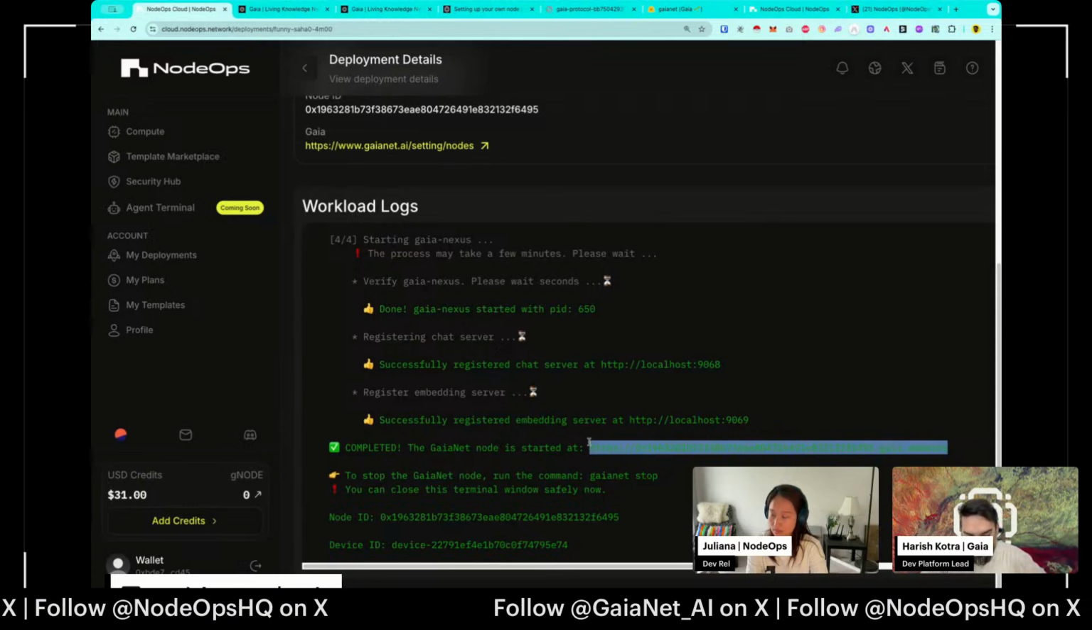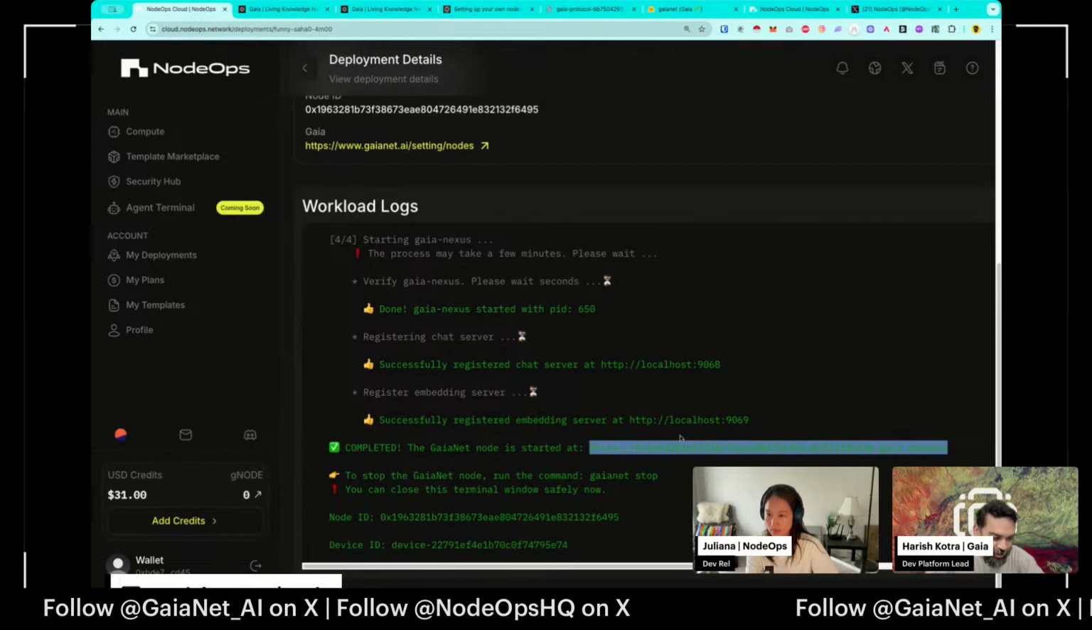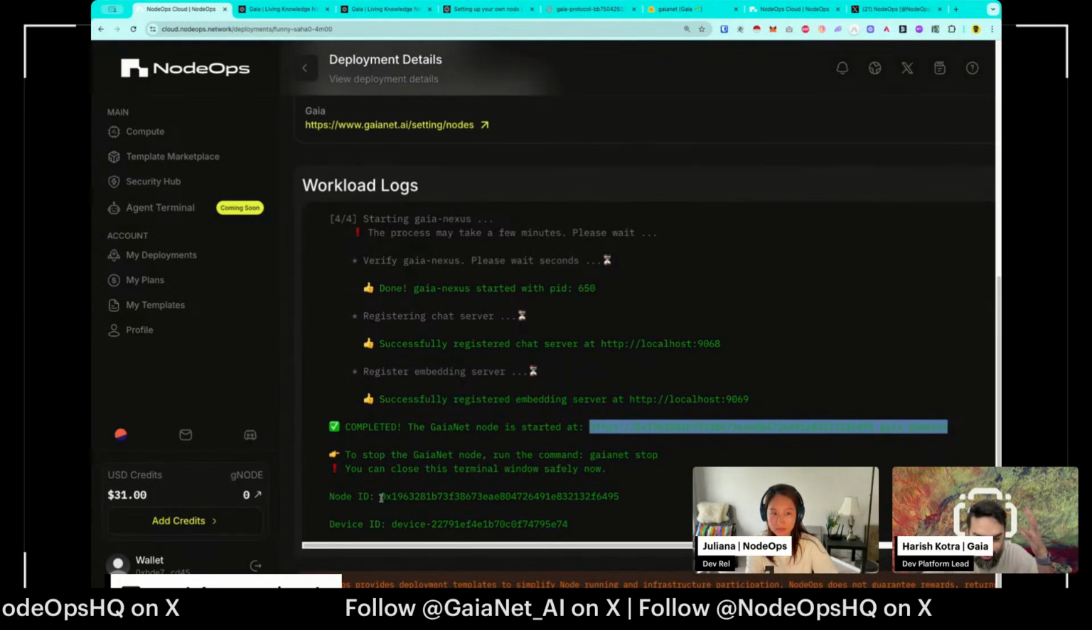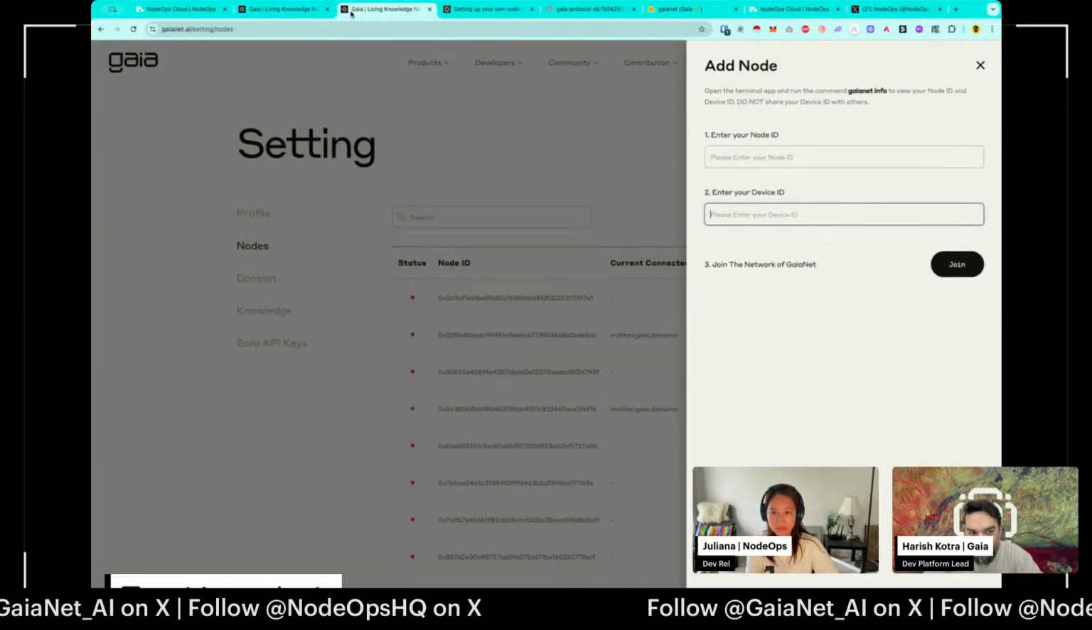That's all you need now to be able to run your own AI inference using NodeOps and Gaia. Now let's quickly attach this node so that I can get some rewards, right? I'll show you how you can get rewards. Let me copy the node ID first. I'll go back to